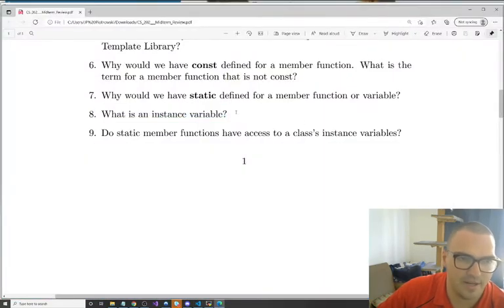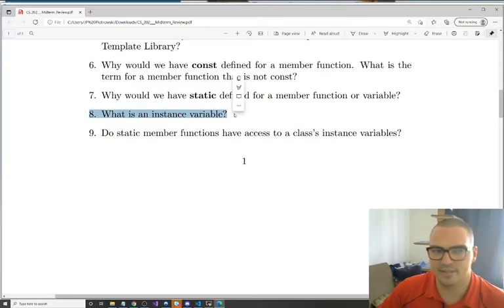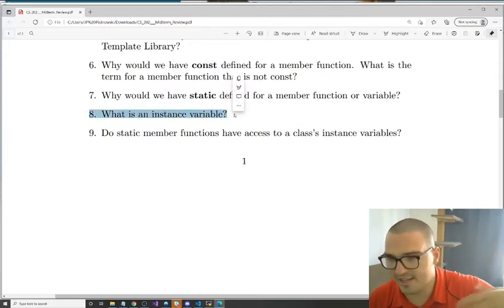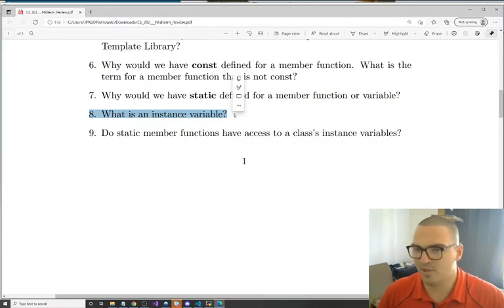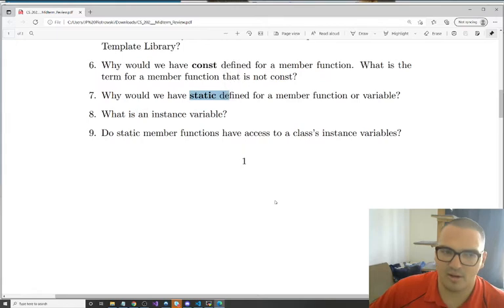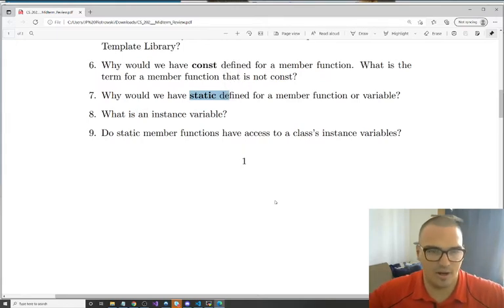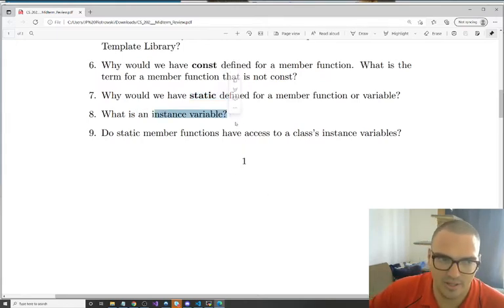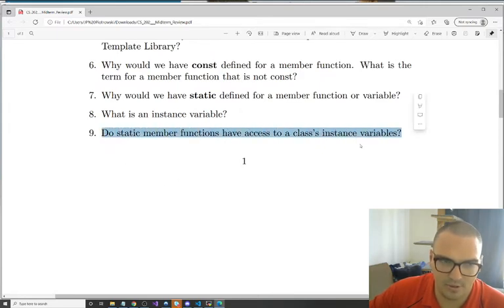All right, so I'm happy you guys understand what this means, right? An instance variable is a variable that belongs to the object. It's a variable that belongs to the object. Static is a variable that belongs to the class. It belongs to all objects. Instance variables only belong to objects. So now that we've settled that,